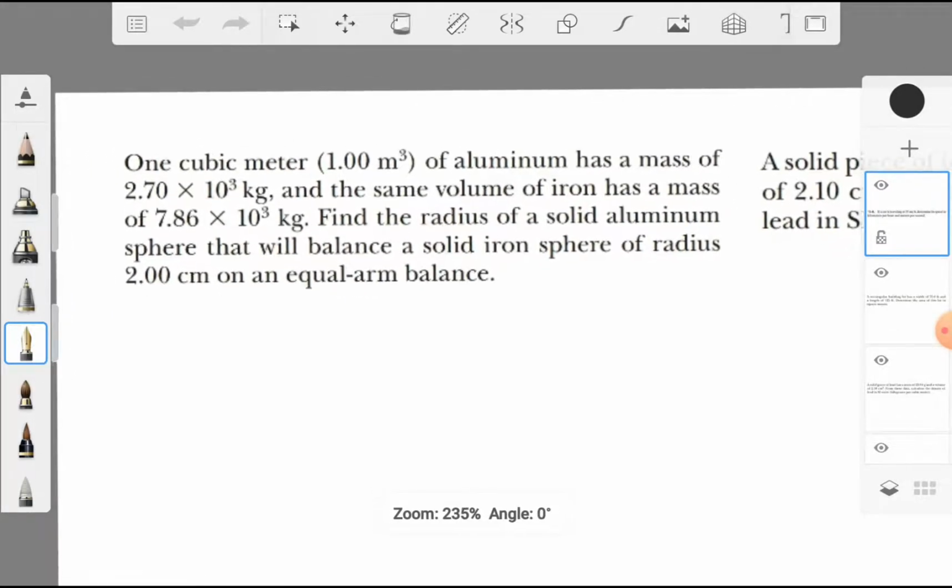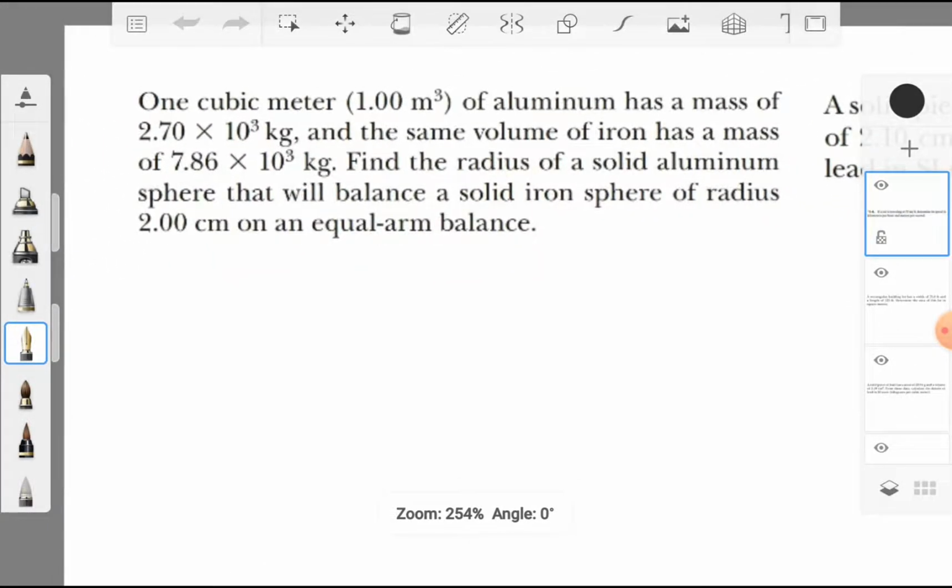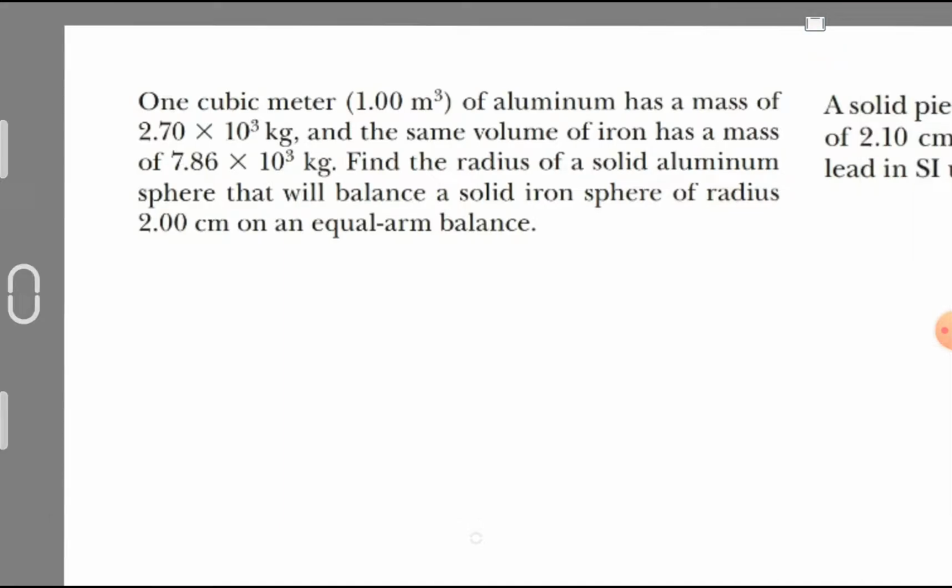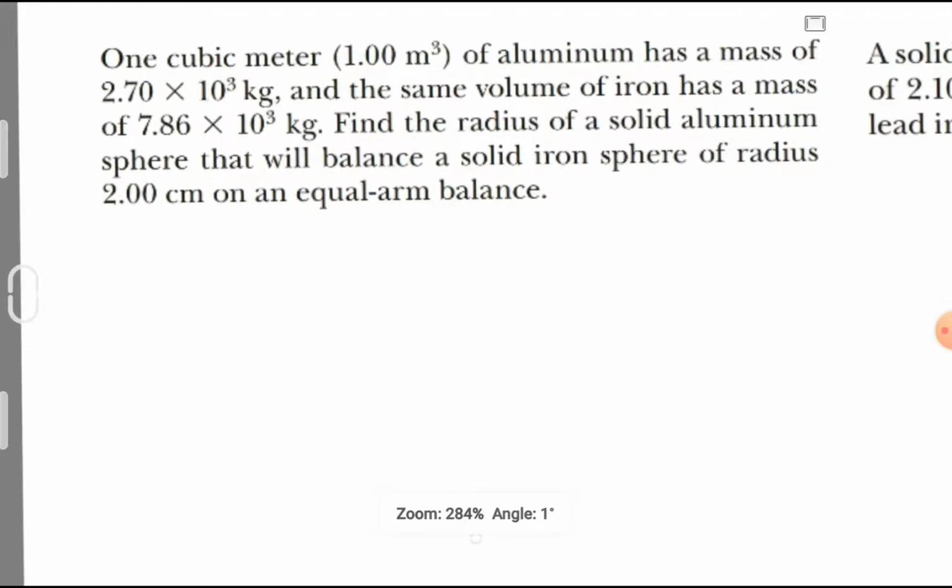So number one, we'll have a 1 cubic meter cube of aluminum that has a mass of 2.7 times 10 raised to 3 kilograms, and the same volume of iron has a mass of 7.86 times 10 raised to 3 kilograms. Find the radius of a solid aluminum sphere that will balance a solid iron sphere of radius 2 centimeter on an equal arm balance. I would like to have the answer for the radius of the aluminum sphere to